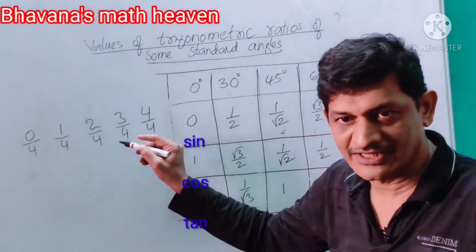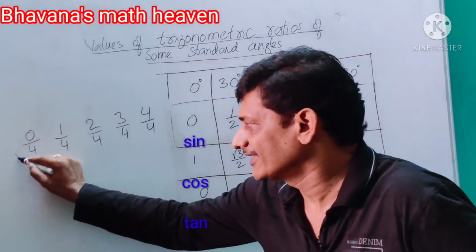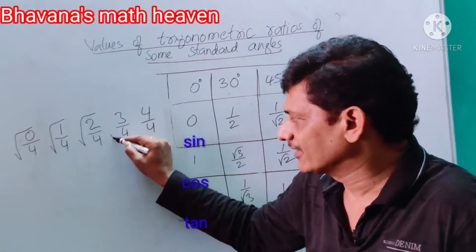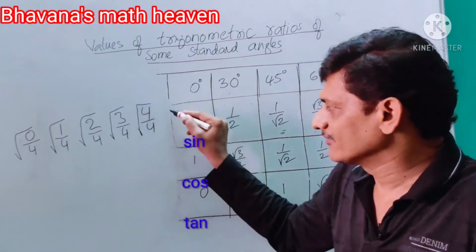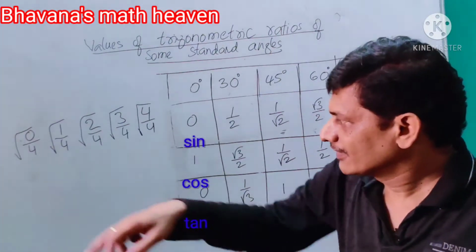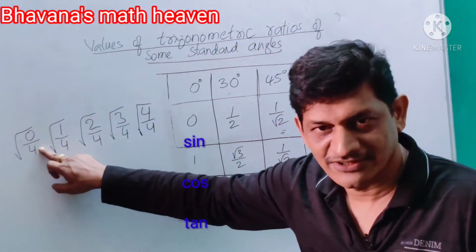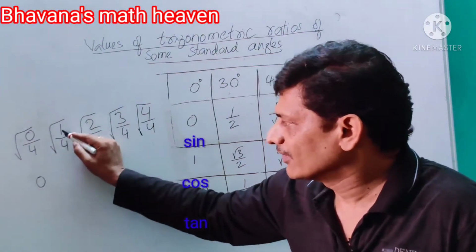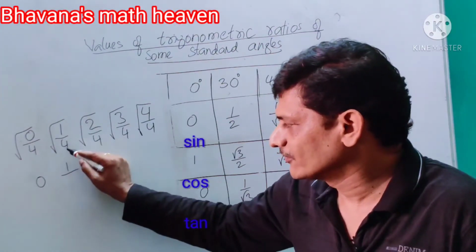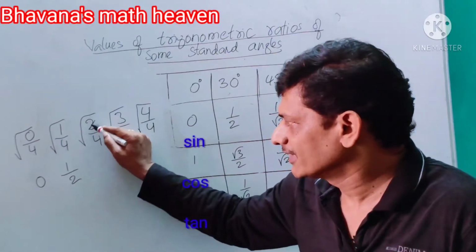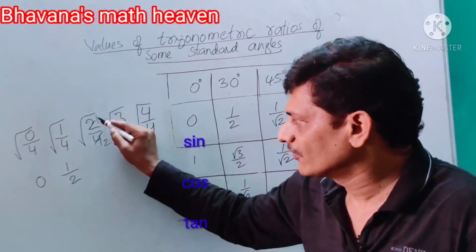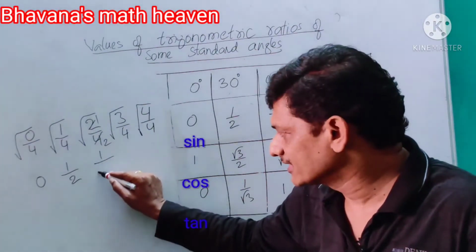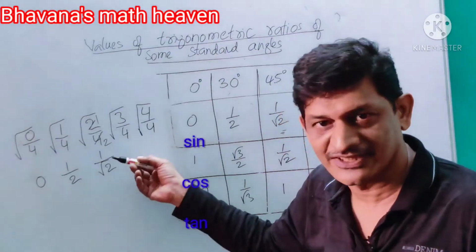Okay, after dividing each whole number by 4, then find its square root. So whatever values are obtained here, those are the values of sine. Now 0 by 4 is 0, isn't it? Root 0 value is 0. And root 1 by 4 is 1 by 2, root 2 by 4 is root 2 by 2. Here I make a cancellation. Root 1 value is 1, and 2 is not a perfect square, so its square root value is itself, that is root 2.